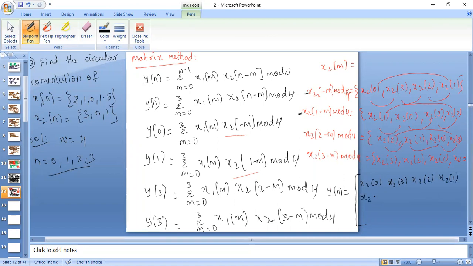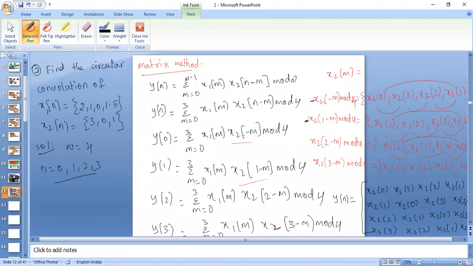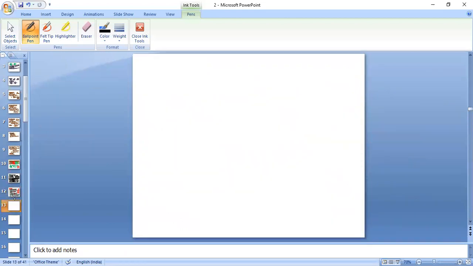Next, x2 of 1, x2 of 0, x2 of 3, x2 of 2, then x2 of 2, x2 of 1, x2 of 0, x2 of 3, then x2 of 3, x2 of 2, x2 of 1, x2 of 0, into x1 of n. Means I'm writing it clearly here. y of n is equal to